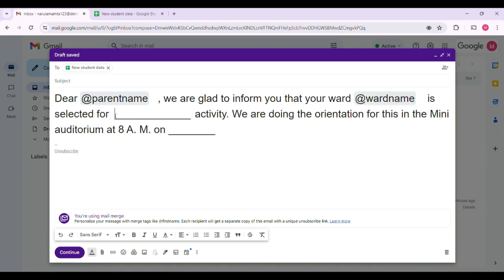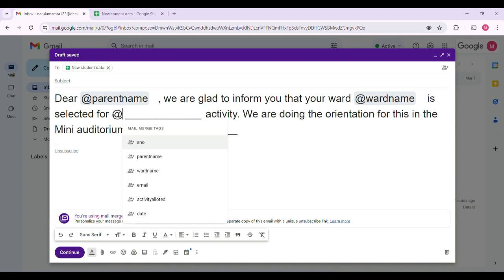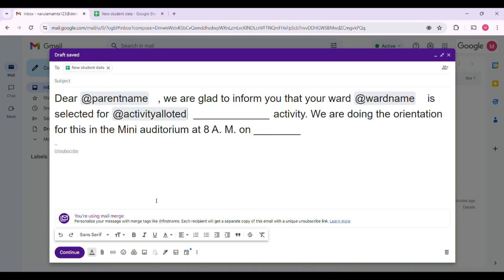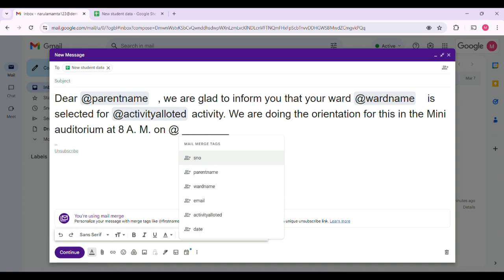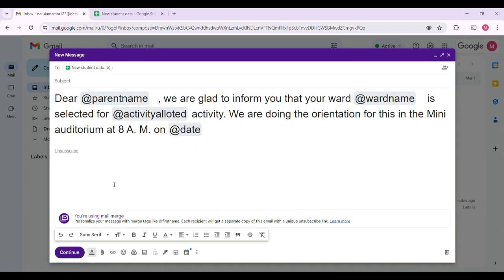Then I have to write the name of the activity. So I will again click on @, and from the drop down I will select activity allotted. And in this last blank I need to write the date. So I am going to click here, and the moment I write @, so I have added the tags. So now you are going to click on continue.